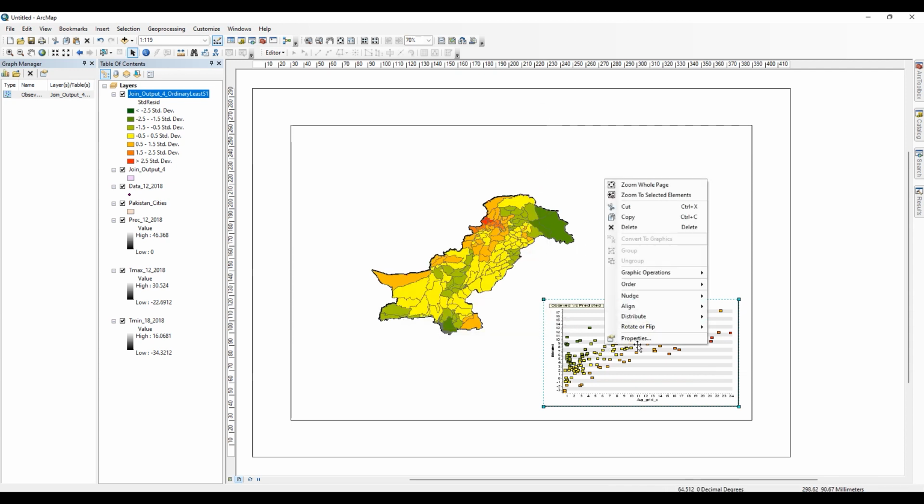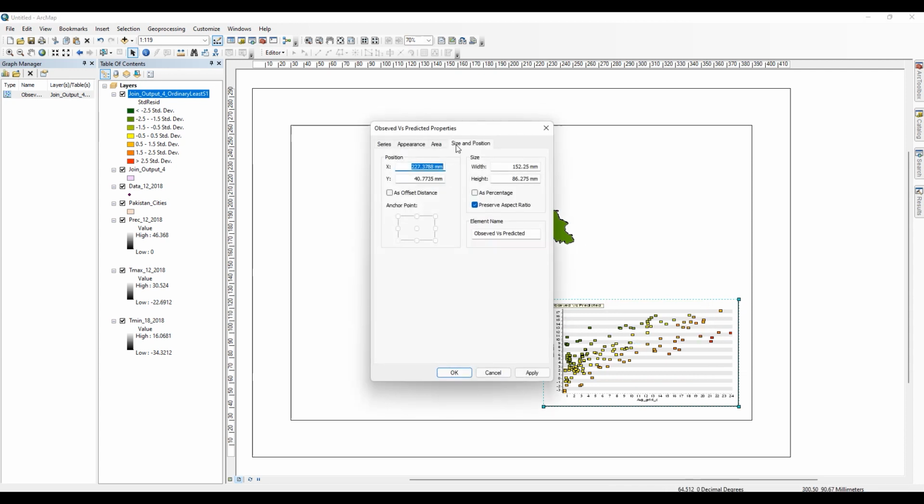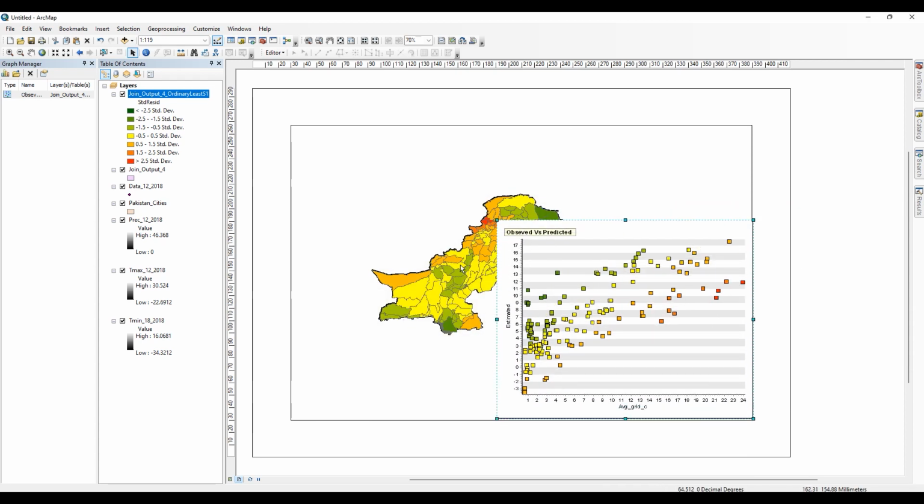For changing the size, go to the properties, set the width as 200. Now it seems somehow visible.